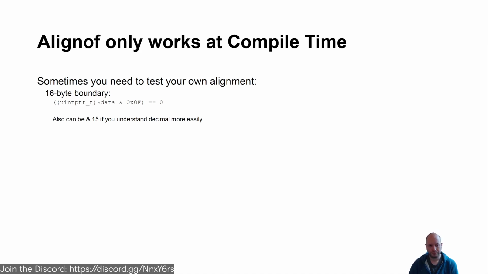And so, if you're trying to test your own alignment, you can also do this in this way, because this is a runtime thing, where you want to make sure that your data, the last byte of your data,